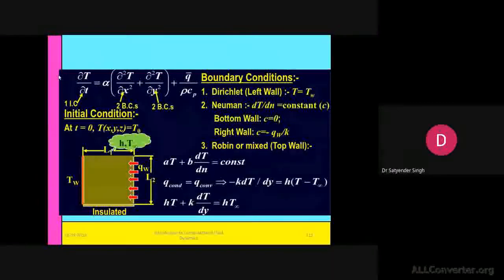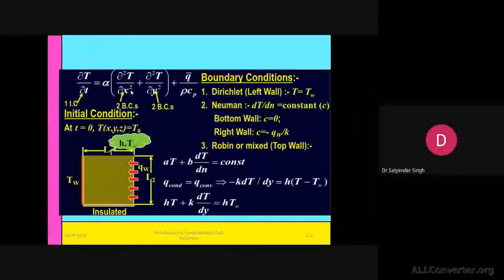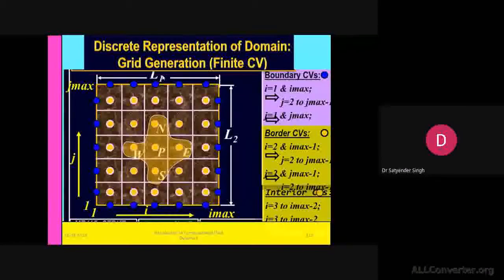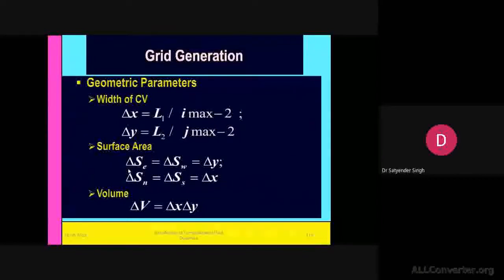So let's say any of the walls will be at 20 degrees Celsius as the initial temperature. According to the boundary condition, we are making one boundary condition like 100 degrees Celsius on one of the walls, 25 degrees Celsius on another wall, like this. So these are boundary conditions that will be applicable only by understanding the physical system. So this is a representation. I think I have already discussed this, where the blue one is showing you the boundary control volumes or boundary grid points, and this yellow one is showing you the inner ones,